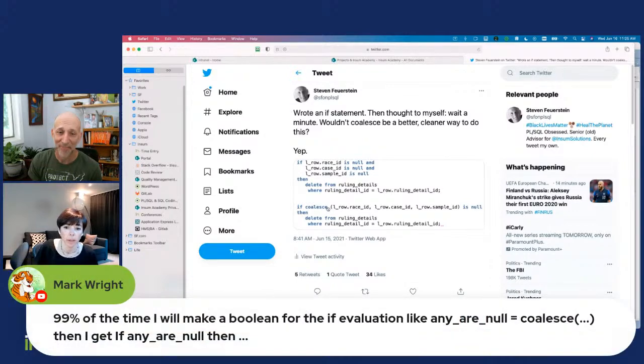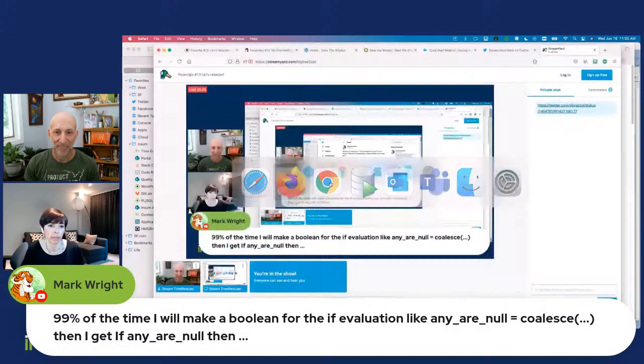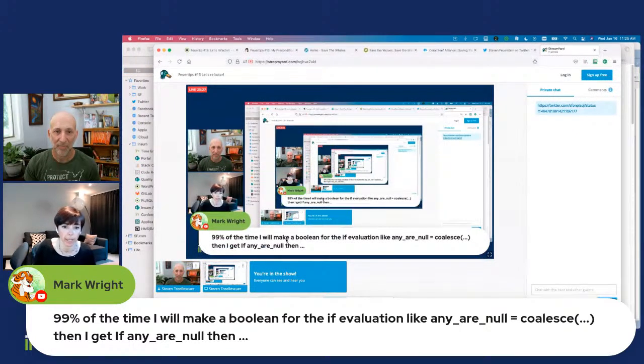Mark had a comment. Says 99% of the time he'll make a Boolean for the if evaluation, like any or null, then coalesce. "99% of the time we'll make a Boolean for the if evaluation." Yes,